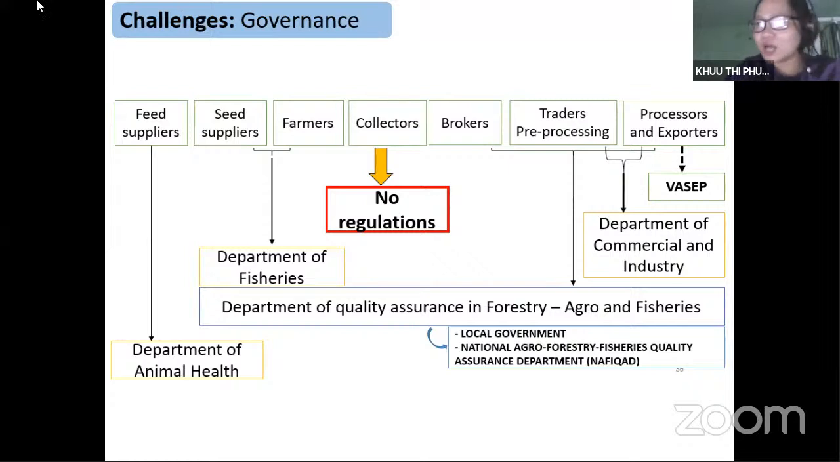We have, because the farmers or fishermen will be monitored by the Department of Fisheries. And for quality assurance, we have the Department of Quality Assurance in Forestry, Agriculture, and Fisheries. But for collectors, now we don't have any regulation. So in my research, actually, I have published one paper about this, and I suggest that if we can